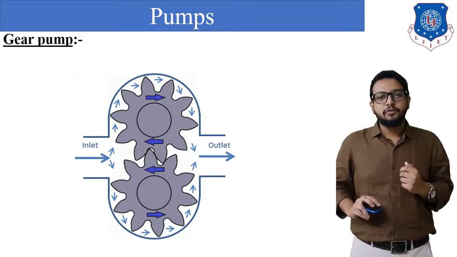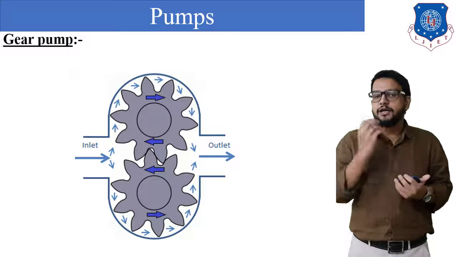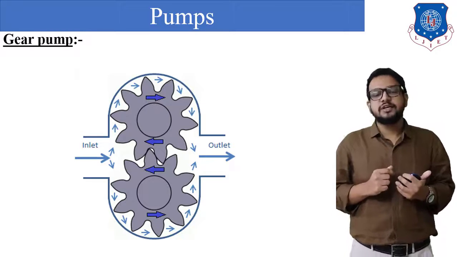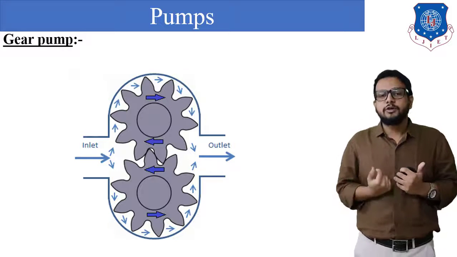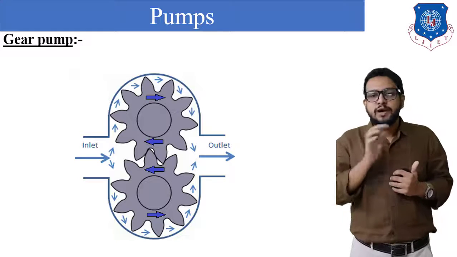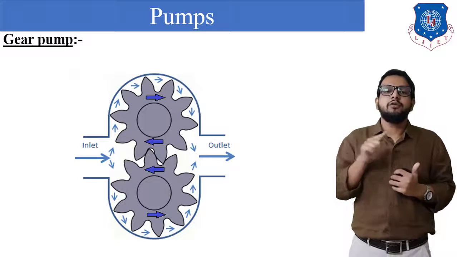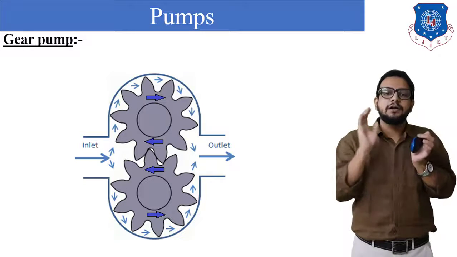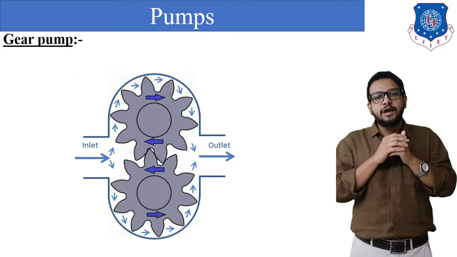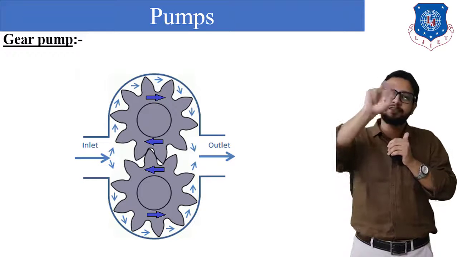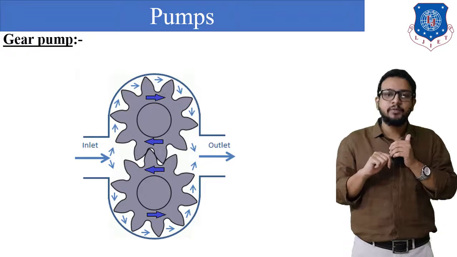As you can see in the arrangement, one of the gears is called the driving gear, and the other gear is the driven gear. Let us consider the case that the top gear is our driving gear which is connected to the pump shaft, and the bottom gear is our driven gear. If for example the driving gear rotates in a clockwise direction, then with respect to that, the driven gear will rotate in an anti-clockwise direction. Now the inlet is shown on your left side, and the outlet is on the right side. When the driving gear is rotating in a clockwise direction, liquid is going to be trapped between two teeth and the casing which is outside covering the teeth, right?